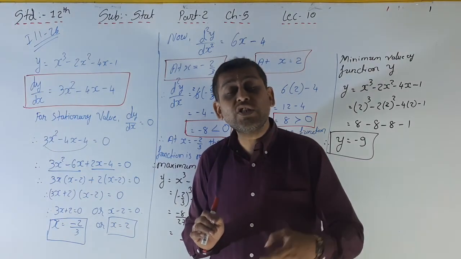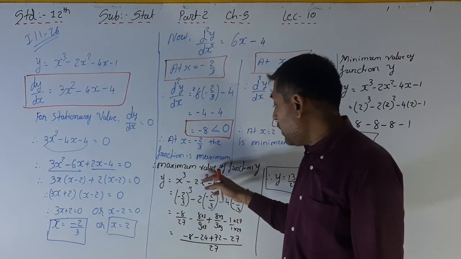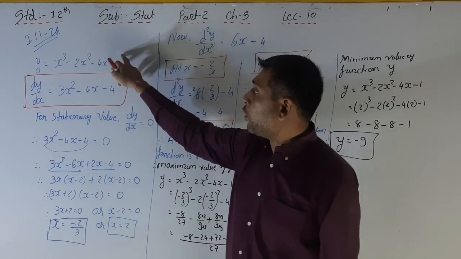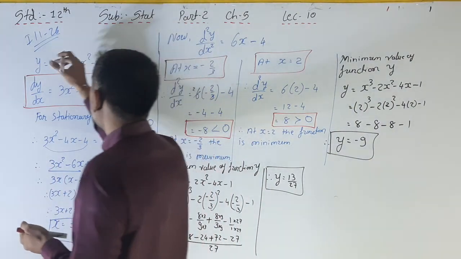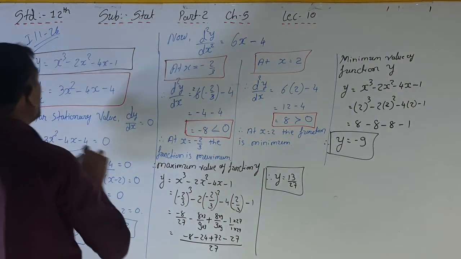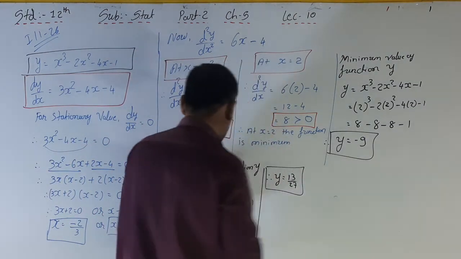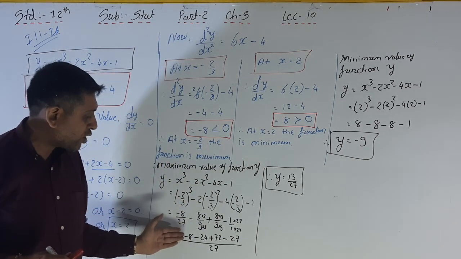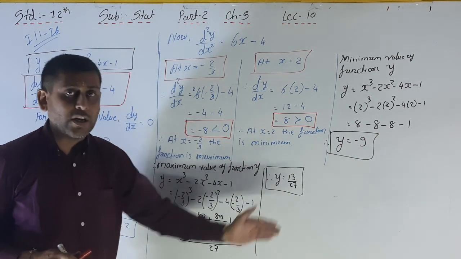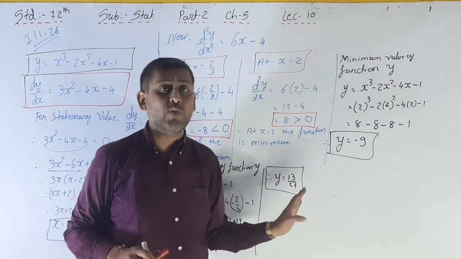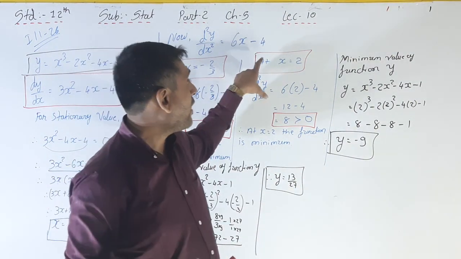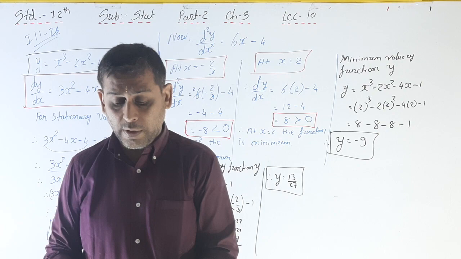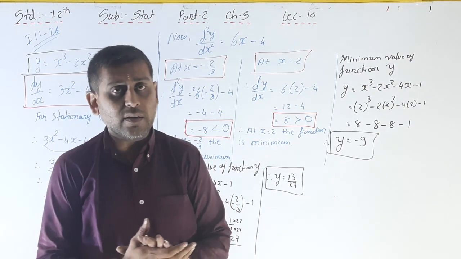Now we want original maximum and minimum value of the function. Here what is the maximum value of the function? We are putting minus 2 by 3 into the original question. Here this is your original question. So we are writing this function. What is the maximum value of function y? Here I am writing that function, and when I put the value minus 2 by 3, the final answer is y is equal to 13 by 27, positive answer. That's why we can say this one is the maximum value of the function, and then put this value for minimum, that is 2, and this one is your minimum value of the function, that is minus 9.